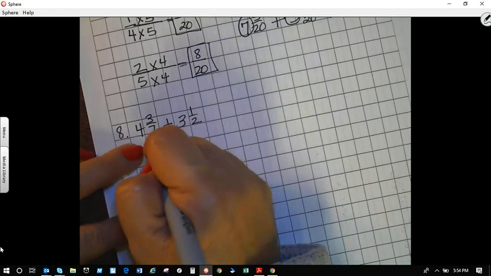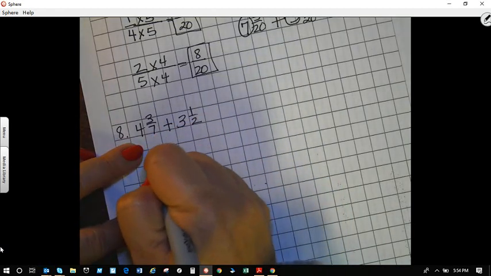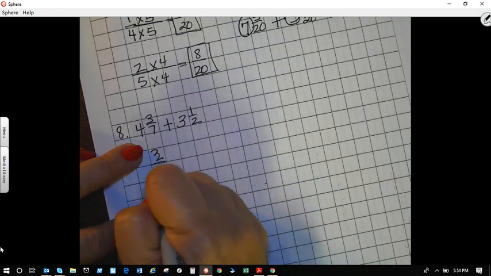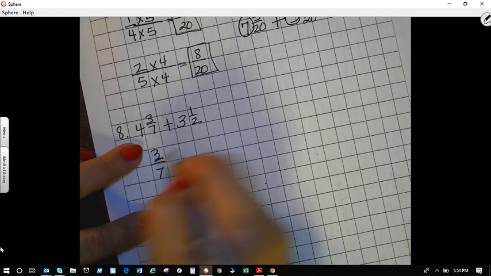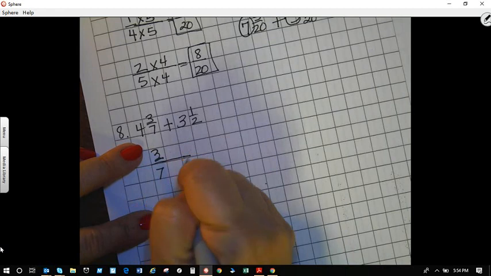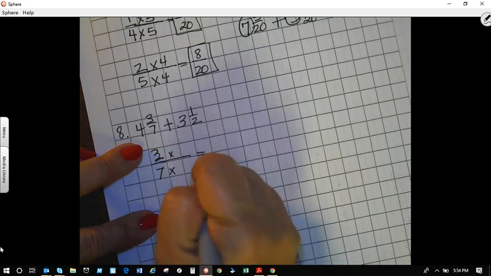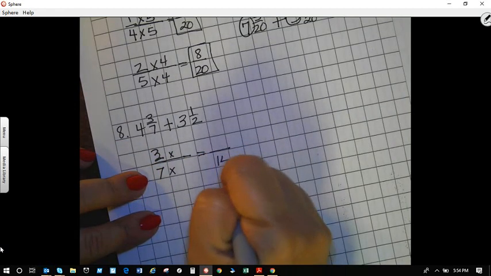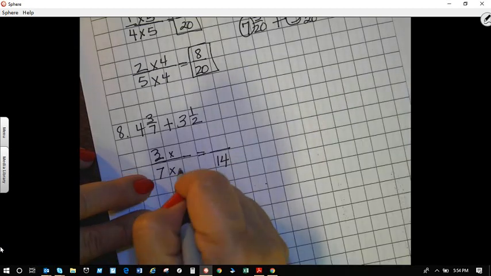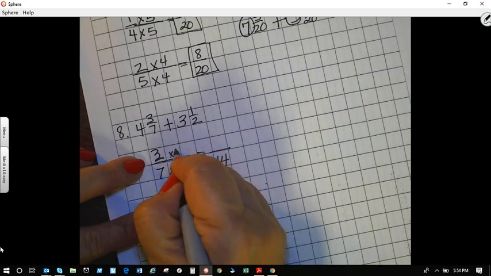So I'm going to bring down my 3/7. Okay, my new denominator is 14. 7 times 2. And whatever I do to my denominator,